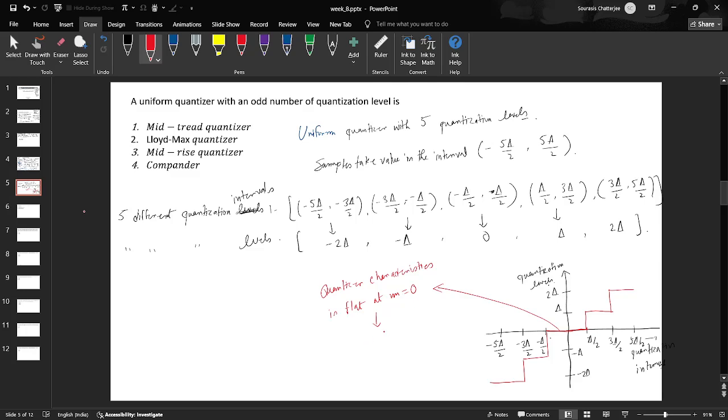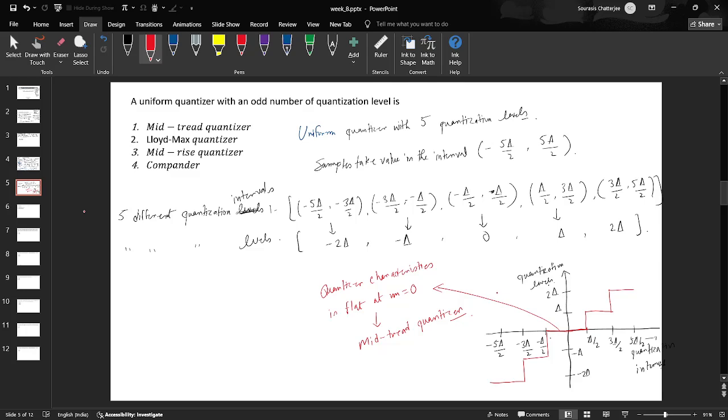For an even number of quantization levels, it was a mid-rise quantizer. For an odd number of levels, since the characteristic is flat at m equal to 0, it is called a mid-tread quantizer. So this is the distinction between the uniform quantizer with an even number of quantization levels and an odd number of